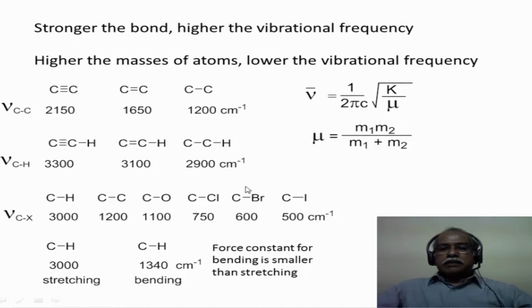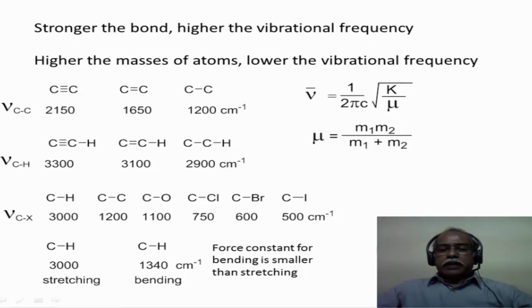As the mass increases, the frequency should lower for comparable systems of this kind. So as the mass increases from hydrogen to iodine, iodine is the heaviest atom in this particular series. So you can see the lowest frequency for the C-iodine bond compared to a CH bond. In other words, the stretching frequency of the CH bond is about 3000, the CO bond is 1100, the CBr bond is 600, and finally the CI bond, which is the heaviest element among the halogens, comes around 500 inverse centimeter or so.